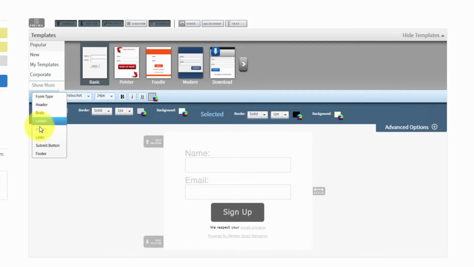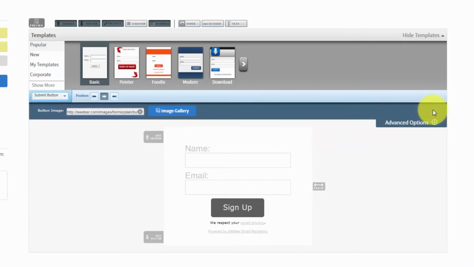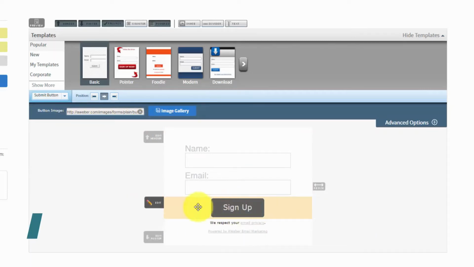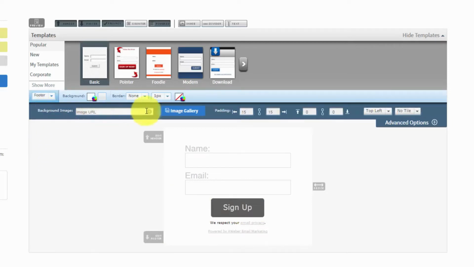You can actually change the detail on the links. You can also change the detail on the submit button. Now, one thing you'll note about the submit button is when you click the advanced options, you'll notice that Aweber is using a certain button image. If you'd like to use a different button image, or you'd like to use a button image on your page, you can actually do that by putting the address of that button in this link. You can look at detail in the footer area. And once again, you have all of the images that you can have available to you, as well as